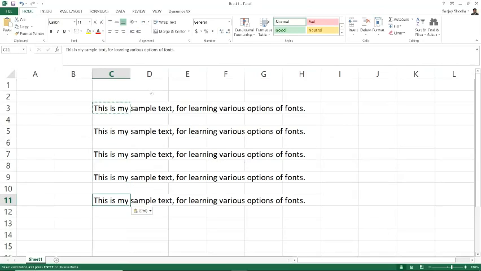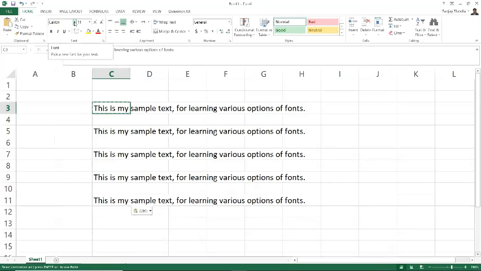Now, the font is basically the style in which the text is written. So system has provided us with a number of fonts. In order to explore them, what you need to do is select the text for which you want to change the font.